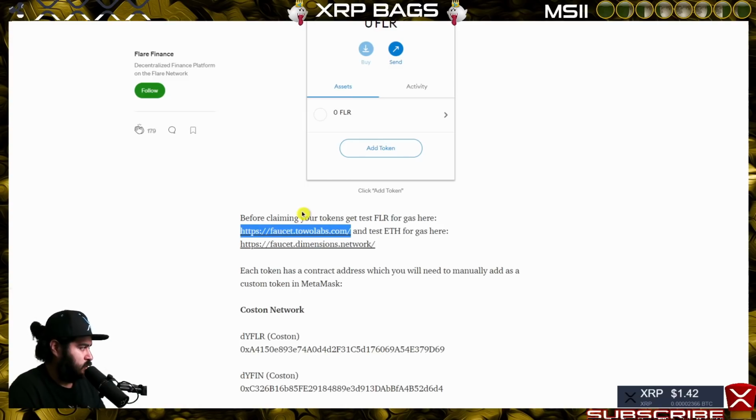Before you claim your tokens, you're going to need the gas fee: the Flare gas fee, and then the ETH gas fee. These are all testnet tokens, so it's all going to be free. So go ahead and copy the faucet for the first one right here. Make sure you're on the Costin test network. So go ahead and copy this first one right here,